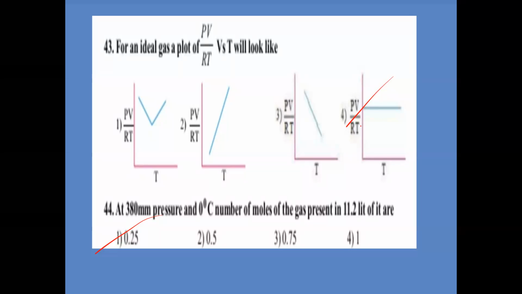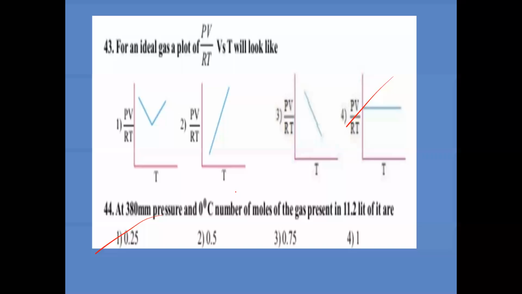Just volume and pressure will change with temperature, but the number of moles remains constant. That's why PV by RT, meaning number of moles versus temperature, will be independent. So this will be a straight line parallel to the x-axis. PV by RT is nothing but number of moles, so the number of moles versus temperature will be this one,